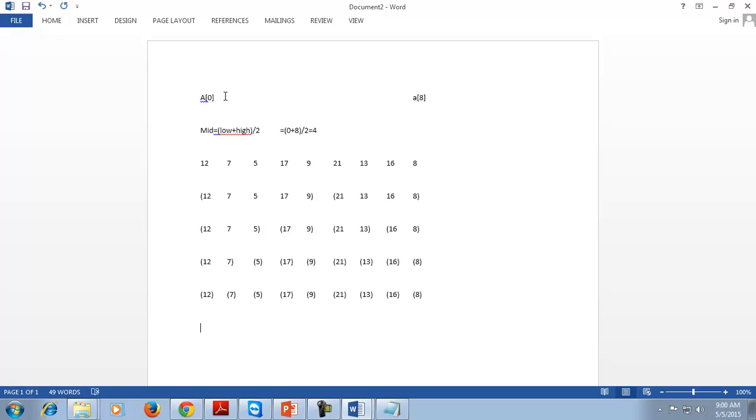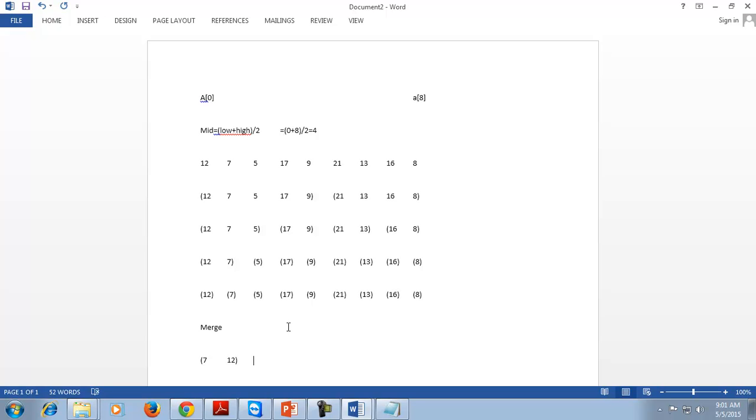After dividing the list into different sublists, the next step is to re-merge the list. To re-merge this list, we will compare the values. Say 12 and 7. 7 is less than 12, so 7 comes before 12.